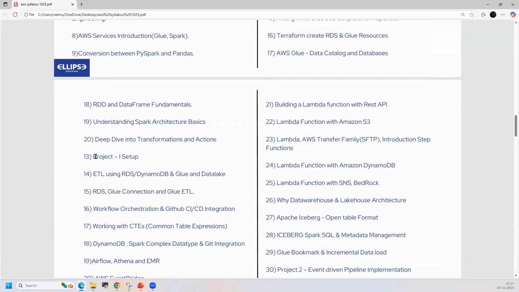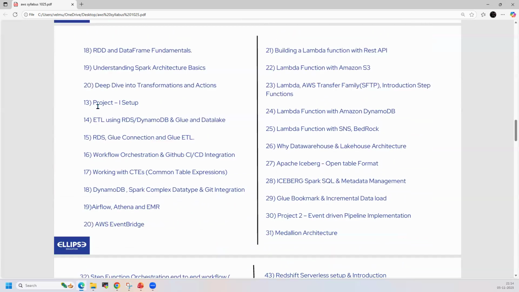then project one. We are starting project one here, and then we are going into advanced level. After project one, we are getting into advanced level. We are working on orchestration using Step Functions, working on Airflow. So we are covering different orchestration frameworks, and also we are doing some event-driven pipelines. So we are using Lambda, we are using EventBridge, we are using Step Functions, and we are learning about